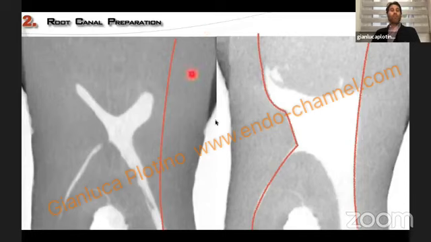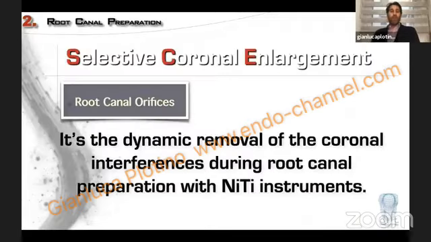We want to choose an instrument, a root canal file, that permits us to be inserted in this anatomy, preserving this area and maintaining this dentin that increases the fracture strength of the tooth, with a dynamic removal of the coronal interference during root canal preparation, by using the same instrument that you are using for root canal preparation, with a selective coronal enlargement.